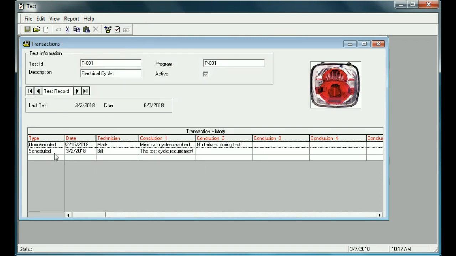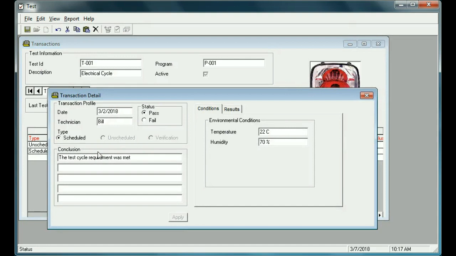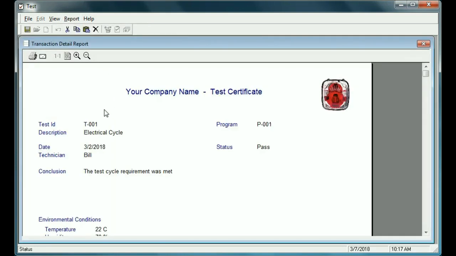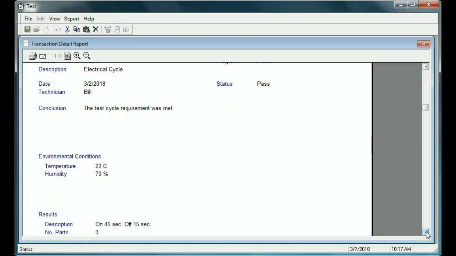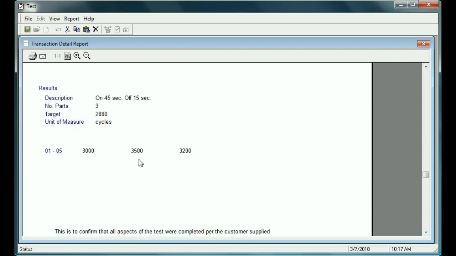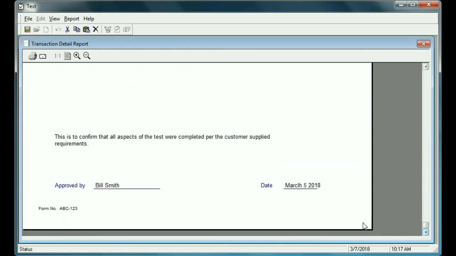actually before we do that, we need to go here and call up that particular transaction. For example, this scheduled transaction. Now if we go to report, you can see that the transaction detail report is active. And if we click on that, it just prints out the entire transaction. If your customer's requesting a test certificate, this is what you would supply to that customer, which more or less describes the test and the results of the test, and also a statement, if you wish, related to that test. This statement can actually be